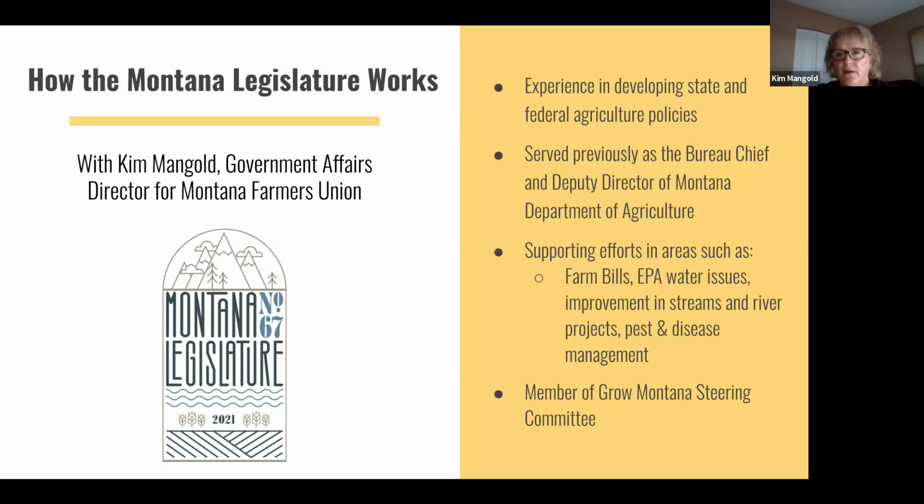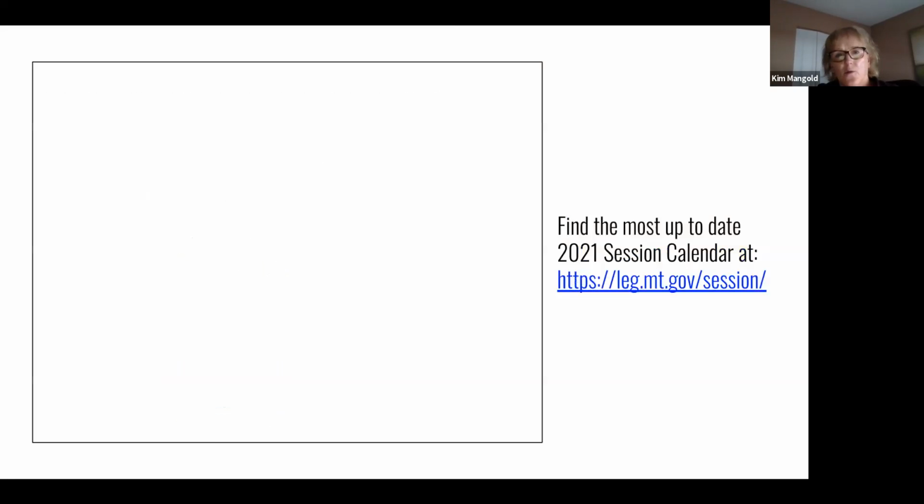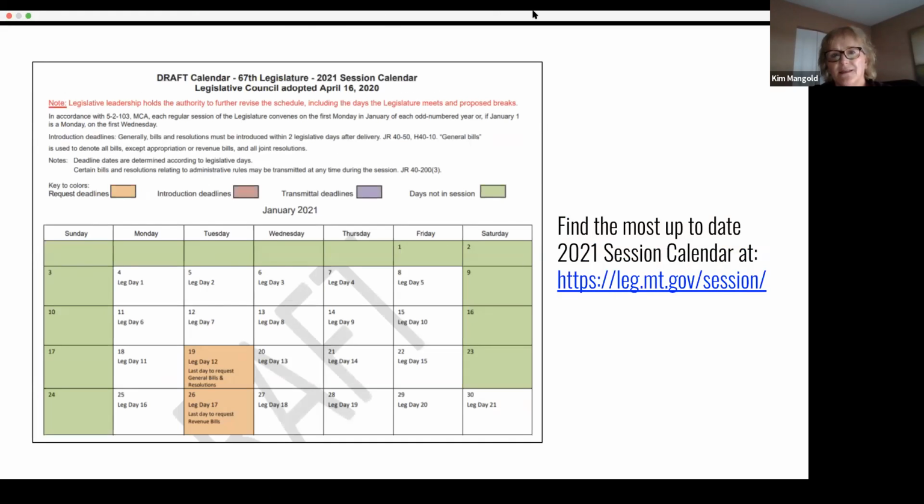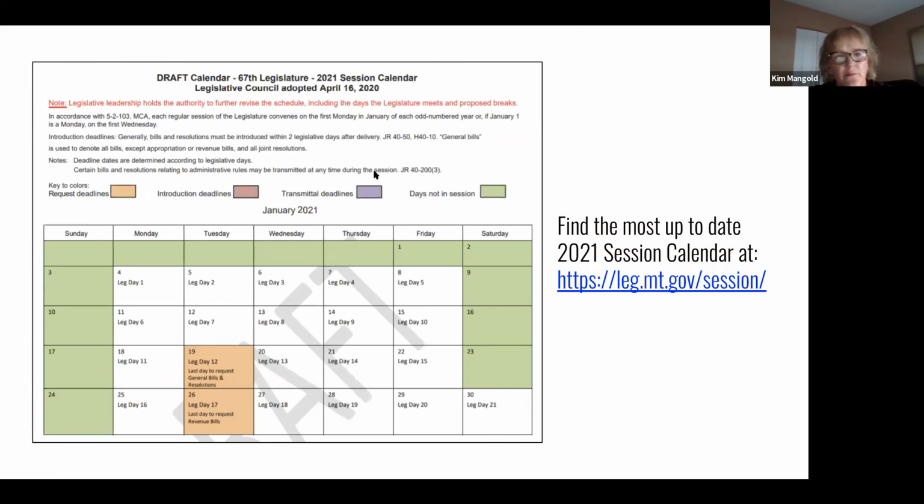And I think, Minna, if you can bring up the calendar, I'll discuss that first. One of the issues that we refer to consistently is the calendar of events that is anticipated for introduction of bills, last day to request, last day for revenue request, whatever it's going to be. And you can see on this calendar that these are very defined days, and there usually is never any flexibility with it. However, because we're in this unusual year,